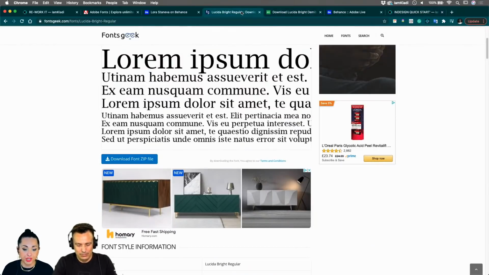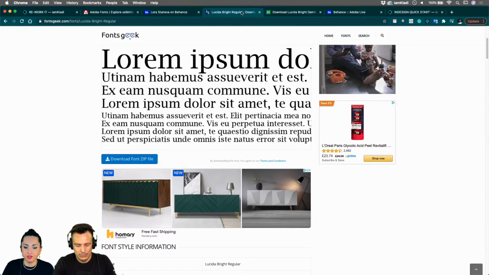Then what I've done is look for the font online, and the font is actually available online for free, so I could potentially just download it and upload it. But what if you want to use fonts, maybe as a limitation of your brief, you can only use Adobe Fonts or fonts in Typekit. How do you work around that? How do we find a font that is similar to Laura's?